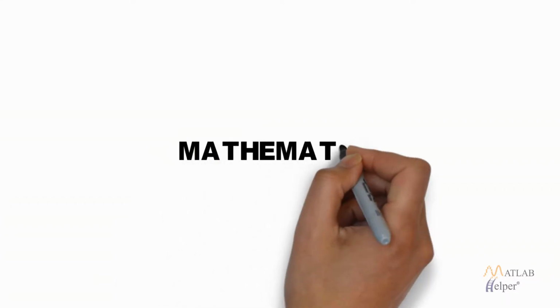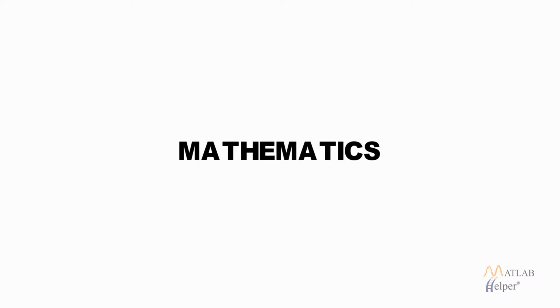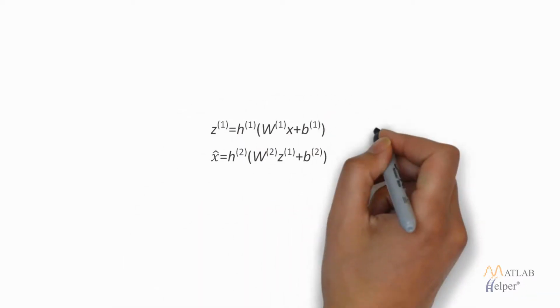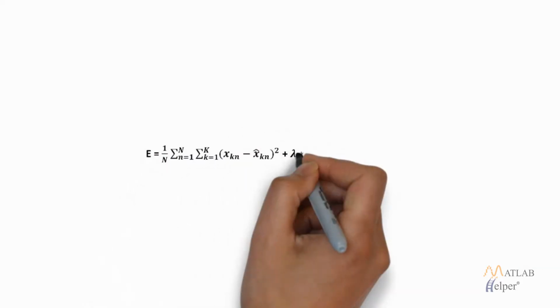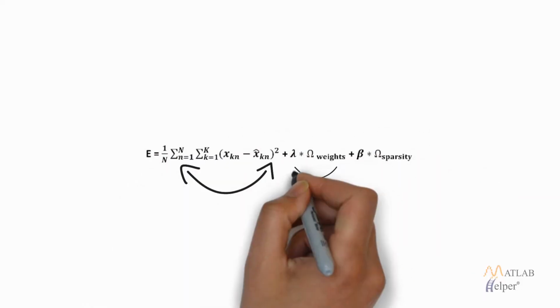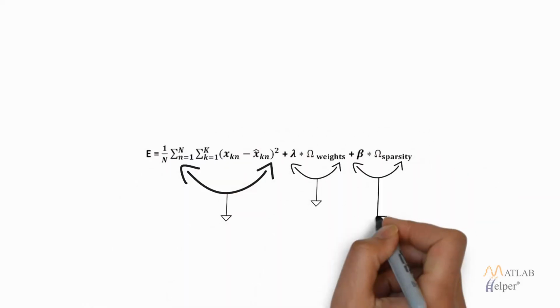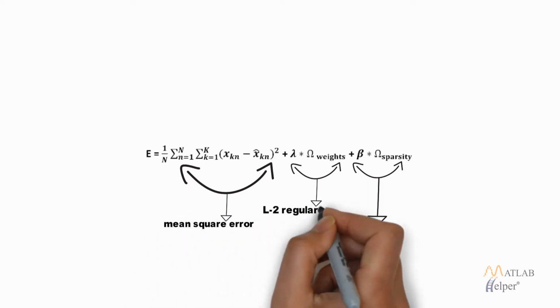So let's briefly look into the mathematics behind this autoencoder. Let's say we supply an input of x. Then, as in the case of a feed-forward propagation neural network, we multiply it with w, then add bias, then send it to the activation function, say h. Then this z goes further into the second layer activation function, let's say h subscript 2, which will lead to the reconstructed output. Now the error is calculated between the reconstructed output, that is x cap, and the actual input, that is x, with the help of this cost function.